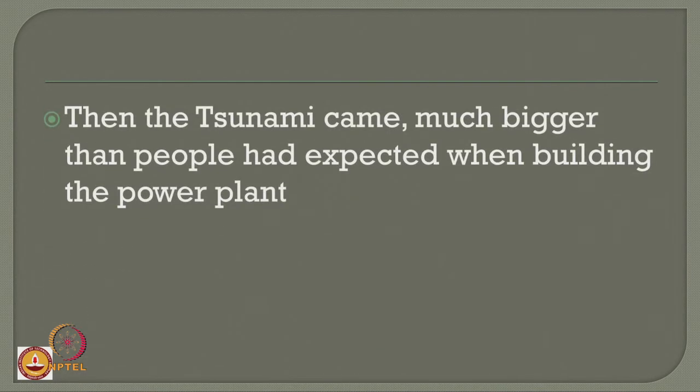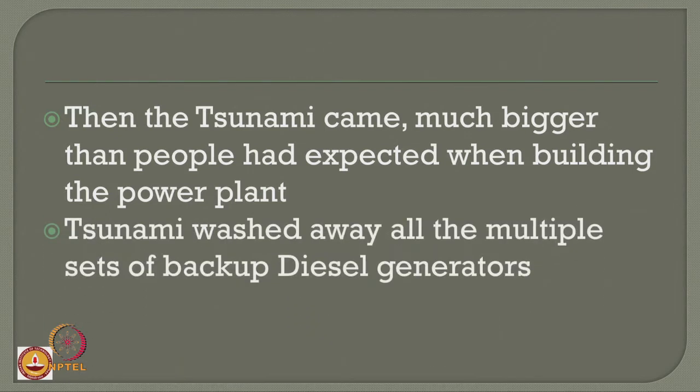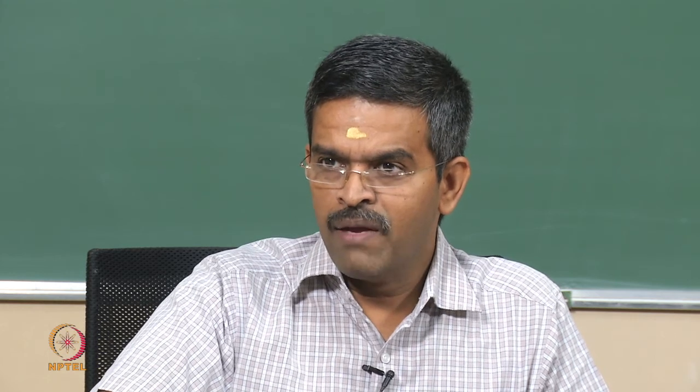Then came the second line of attack from nature. Then came the tsunami. The earthquake stopped, the tsunami came, and the tsunami was much bigger than people expected when they were building the power plant. So, now this second disaster subsequently happened. Now, unfortunately friends, the tsunami washed away all the multiple standby diesel generators kept as a source. So, now you cannot generate power from the plant because the plant is stopped. Though the plant is stopped, heat is still on. The cooling system cannot be on because there is no power supply. The earthquake spoiled the power supply and the tsunami washed away the artificial power supply also.